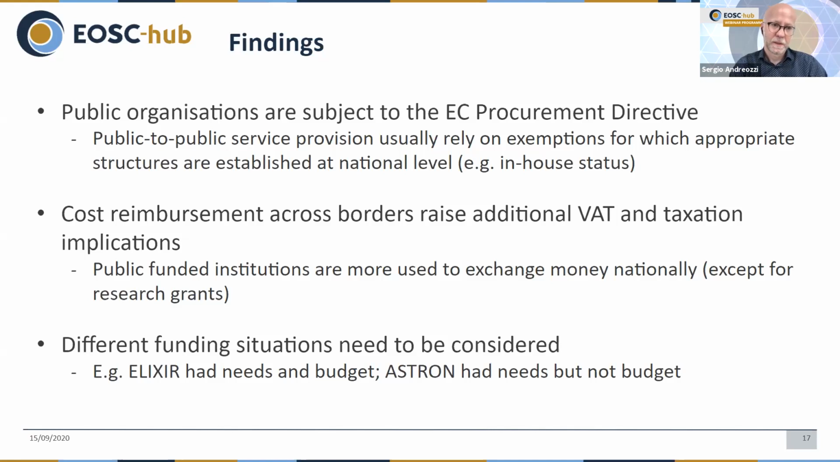contract. On the other side, when you go to public-to-public service provision, because in Europe we have many research organizations, but also many national infrastructures that have been developed over the last decades, they are a relevant asset for the EOSC. The public-to-public collaboration for service provision would normally use some exemption to the procurement directive to operate at the national level. For instance, often the in-house status is used. When an organization is part of the governance of another, then they can do service provision internally without running a tender. And